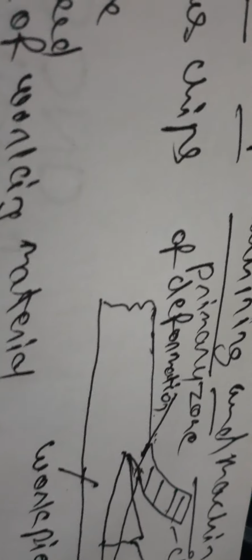Chip is produced during cutting of ductile materials such as low carbon steel, copper, brass and aluminum alloys. The tool presses against the material, which is deformed plastically. The material is subjected to both compression and shear. The chip slides over the tool rake face for some distance and then leaves the tool immediately.